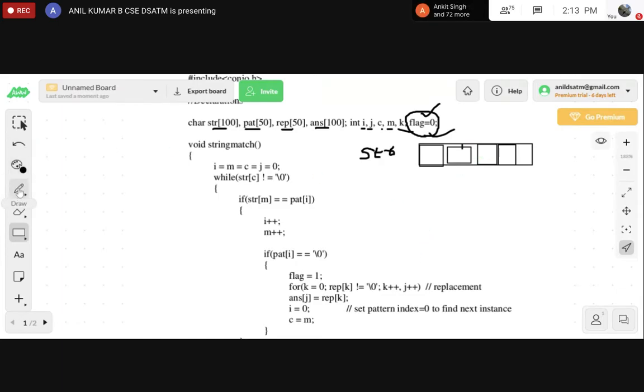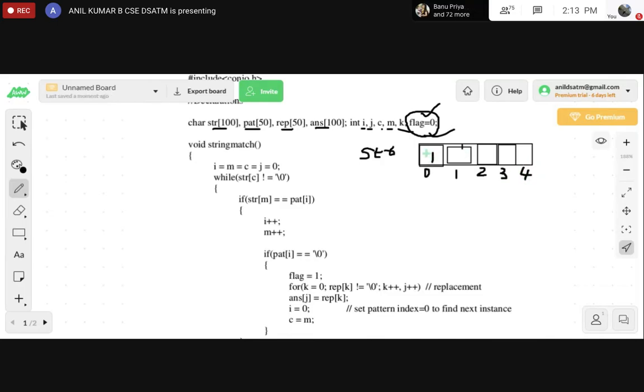Here the string we have, index always starts from 0, 1, 2, 3 and 4.